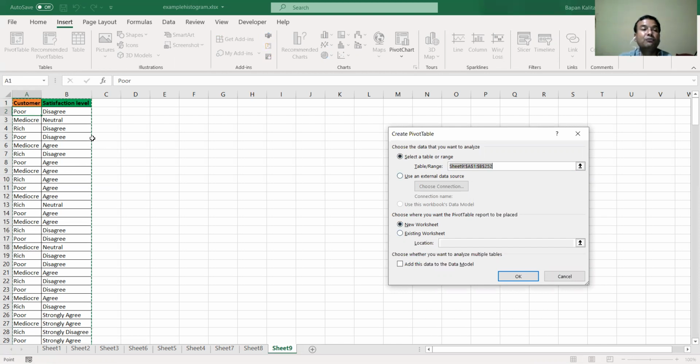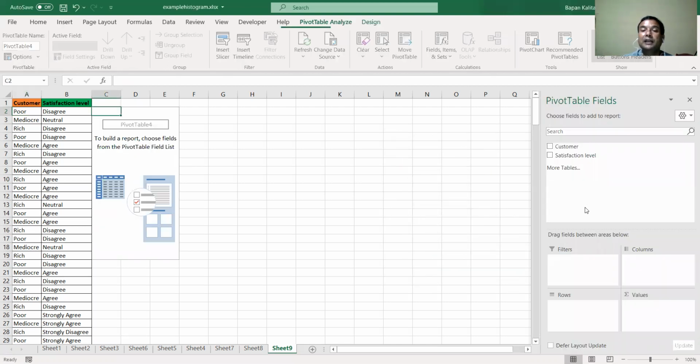Then you can go for a new worksheet, or you can use the existing worksheet. Since there is availability of the worksheet, I will use the existing worksheet, then I select one cell and click there.